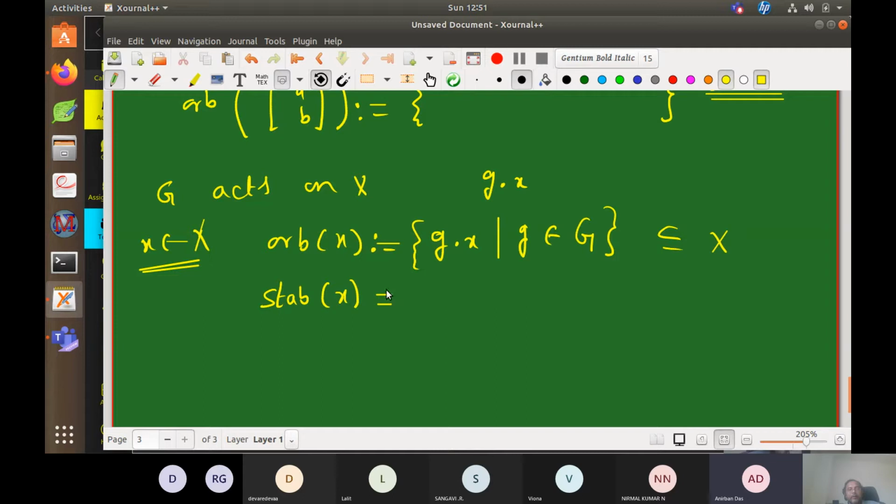Or in general, we can say the set of all elements in G which take x to some particular y. That is also correct. Very good. Here I am first telling the stabilizer, but you are saying we can have many sets. How do I denote it? We will come to that later. Wonderful. So the stabilizer of x is equal to all g belonging to G such that...